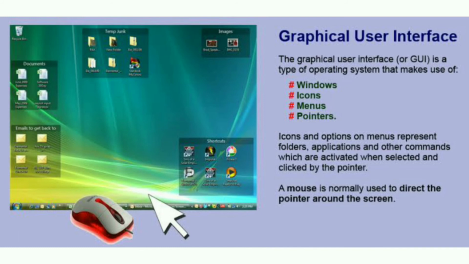The best example would be Windows, because whenever we start our computer, we see the small icons present on the desktop screen. Those help us easily identify what an icon generally represents. For example, for the recycle bin, there is a dustbin symbol given to us. For my computer, you can see the computer icon on the screen. So this is a graphically represented pictorial representation of that particular icon.